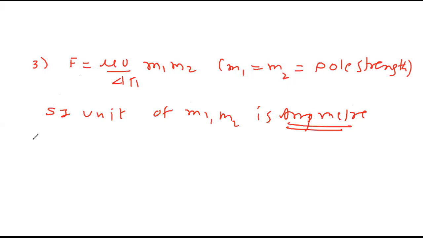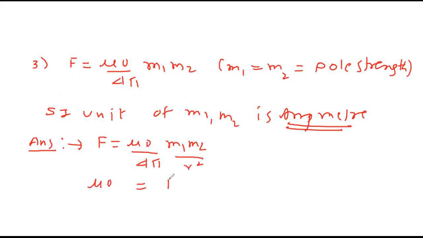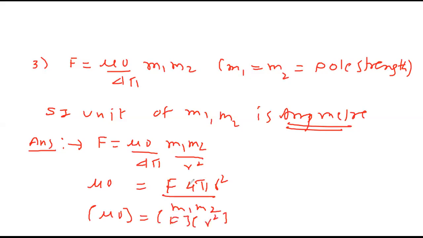Ampere meter. Now, if I know this much concept, which I'm going to study in my chapter ahead called magnetism, right now the only formula I remember, how it came, forget it. So mu naught dimension will be F into 4 pi r square upon M1 M2 dimension. This is mu naught dimension is F dimension, r square dimension, 4 pi is dimensionless, upon M1 M2 dimension.